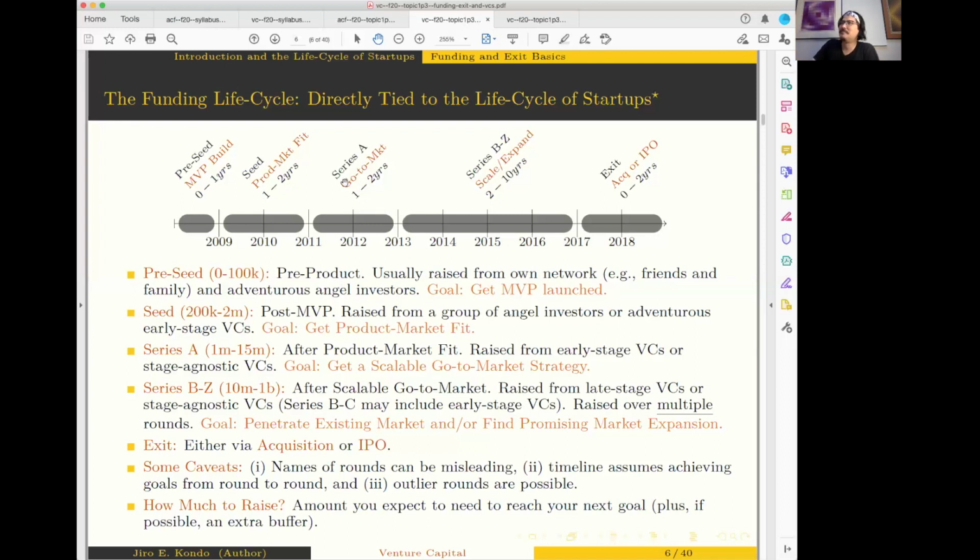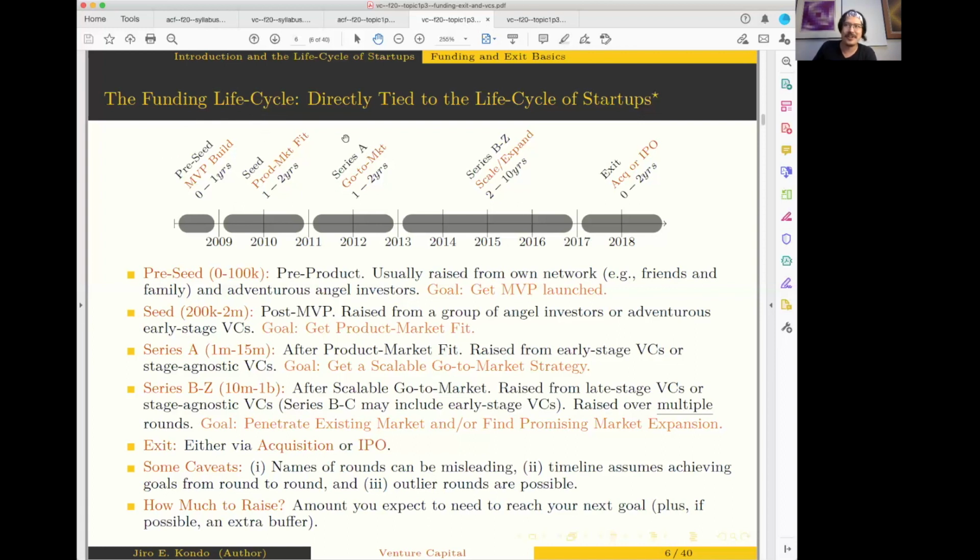Afterwards, you usually have something called a Series A. I'll actually say one other thing. Pre-seed and seed stage tend to be much simpler financial contracts. They're not going to be long financial contracts that have a bunch of clauses in them. We'll get into more of those details in topic 4. Think of these as pretty simple, rudimentary investment contracts.